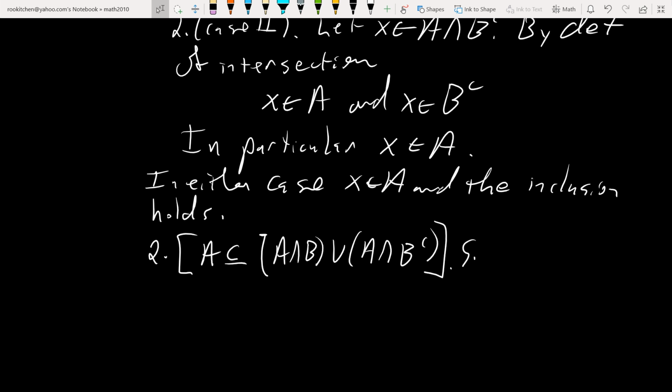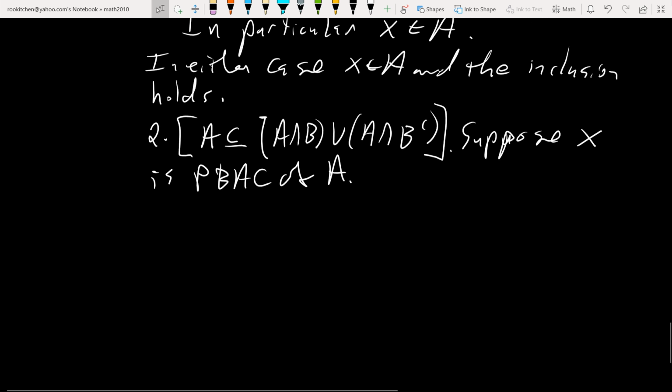Okay, so again, we suppose X is a particular but arbitrarily chosen element of A. Okay, and then we could do generalizations, right? So again, we kind of have to work with cases, and